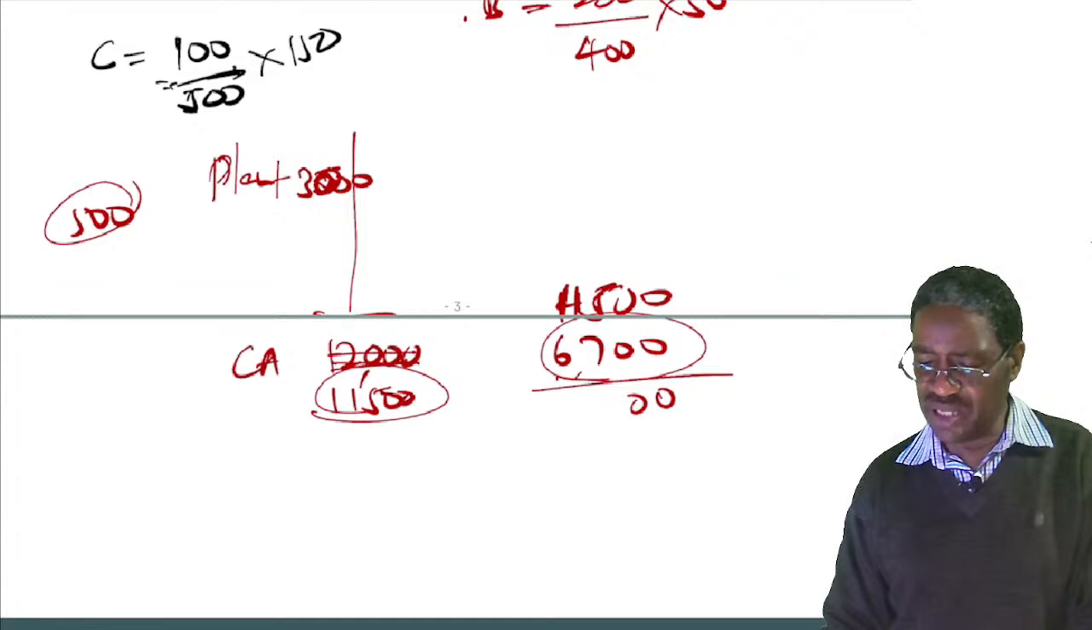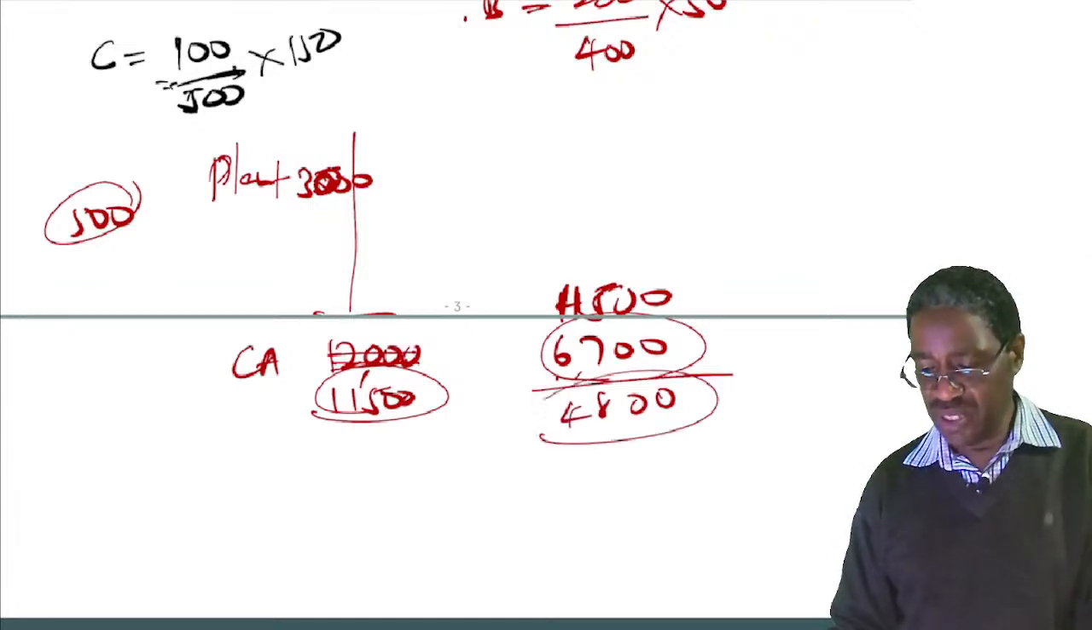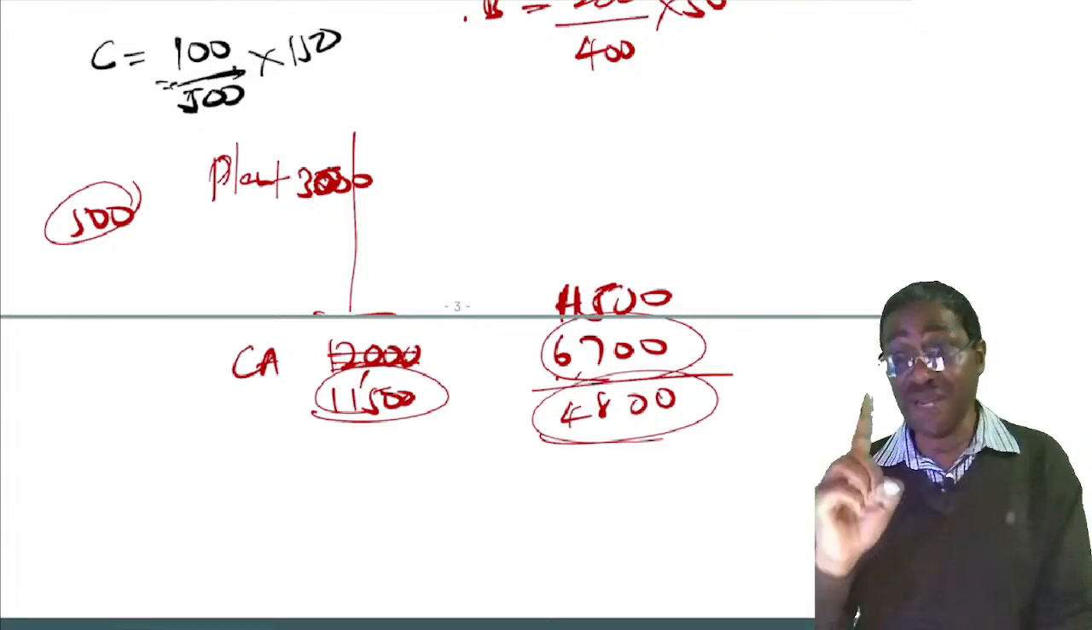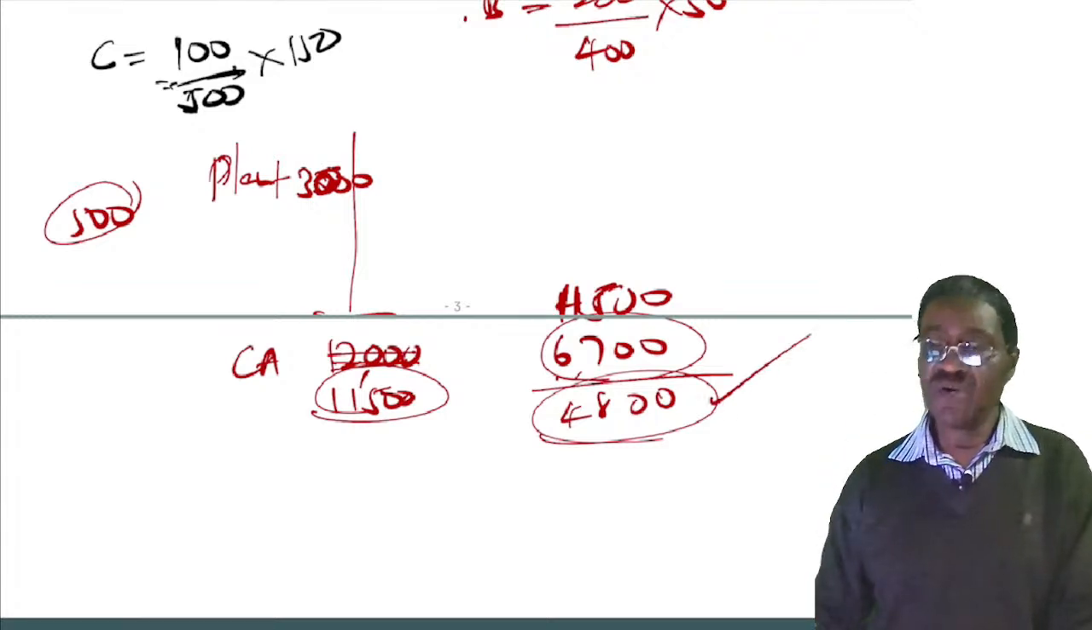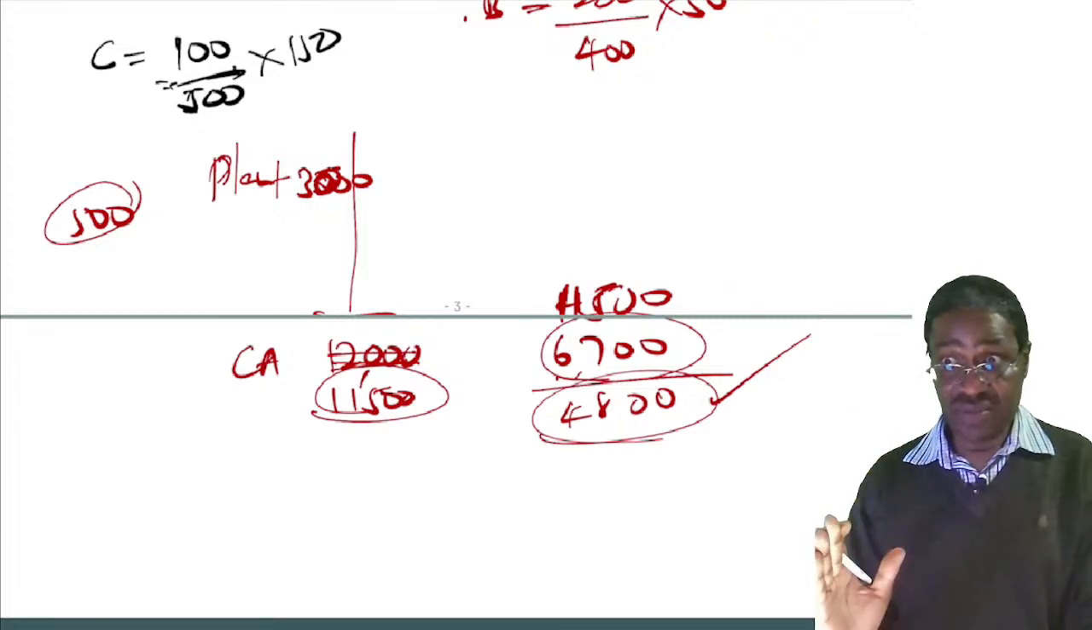I'm subtracting 15. That looks like 8. 10. That looks like 4. Listen. So our impairment loss is now how much? 4.8 million. Now listen. We have agreed